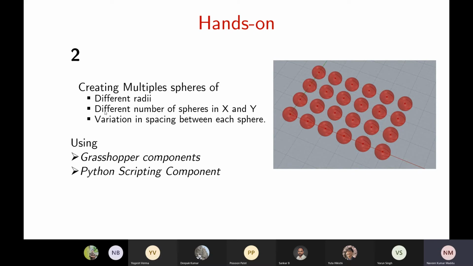I have to create a control where I can create a different number of spheres in x and y directions, like the number of x and number of y has to change. And also I want to increase and decrease the space between each sphere. I mean, I want to parameterize the space between each sphere. So if I want to have these 3 controls, how do I do this in Grasshopper? So let me start doing that.